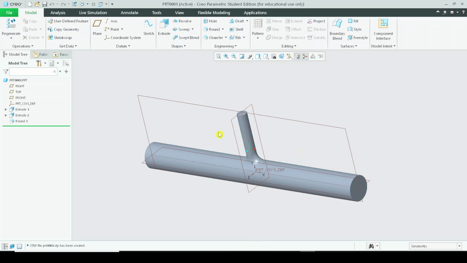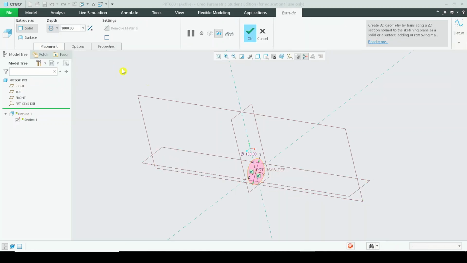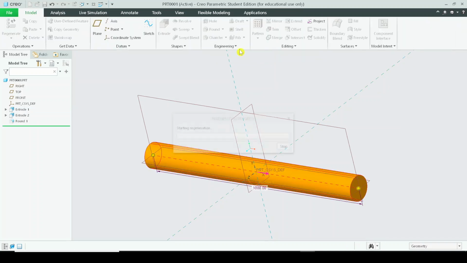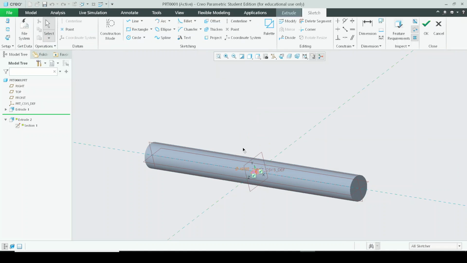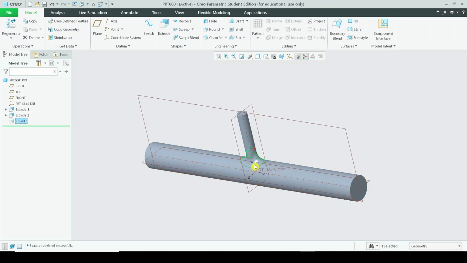And so I have utilized this Creo Parametric software, and you can see in simple 2 steps I have just created the model over here. The diameter of the first circle is 100 millimeters, whereas the diameter of the second inlet, or the second pipe, is 40 millimeters. I'll just press OK and OK, and after that I've just added a kind of fillet over here,